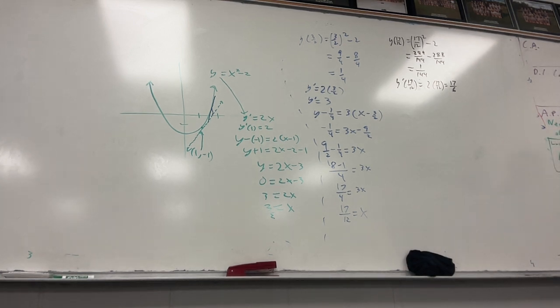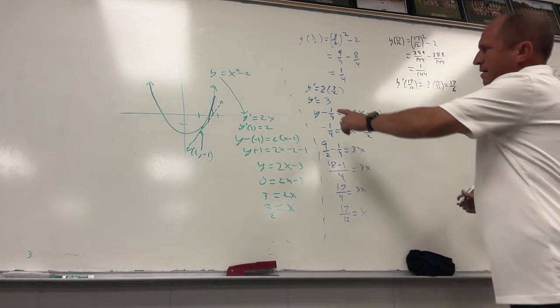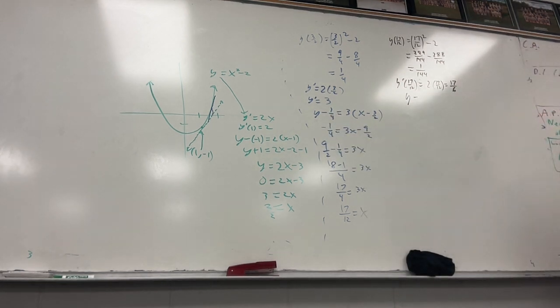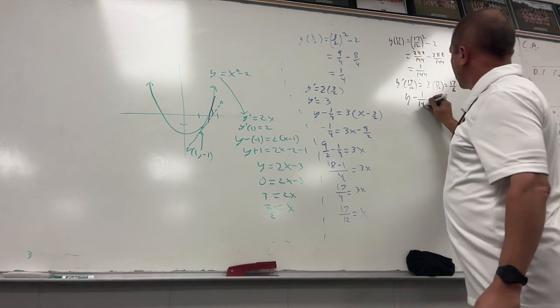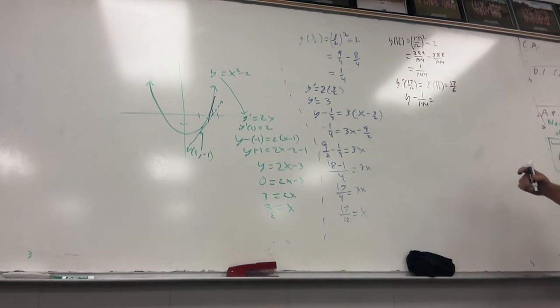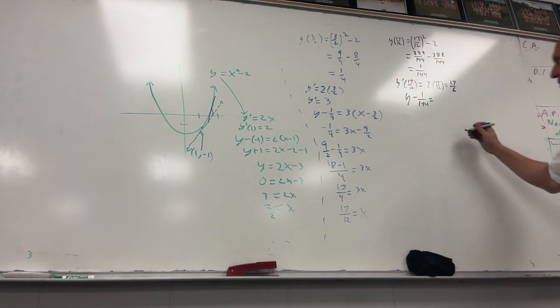Are we good with this? Okay. So, let's go back. Y minus what? 1 over 144 equals the slope, which is 17/6